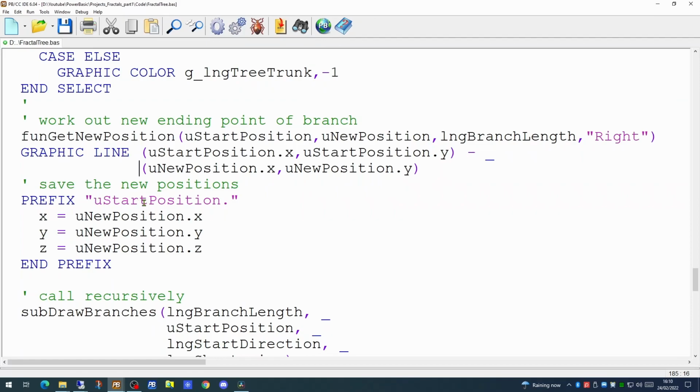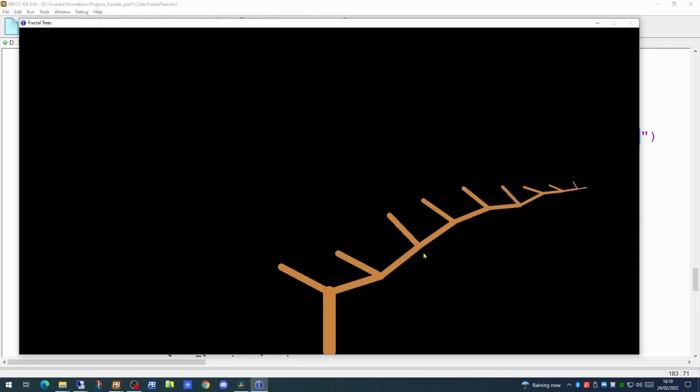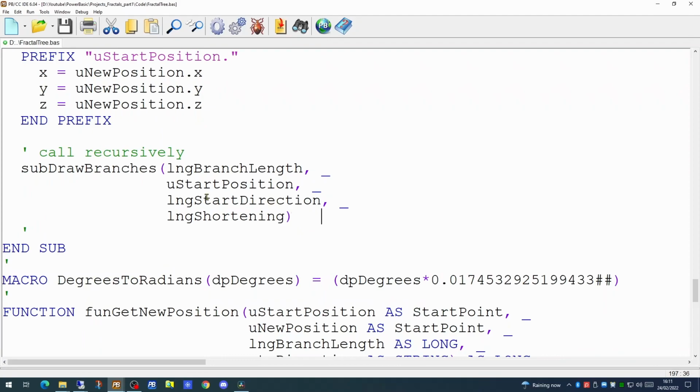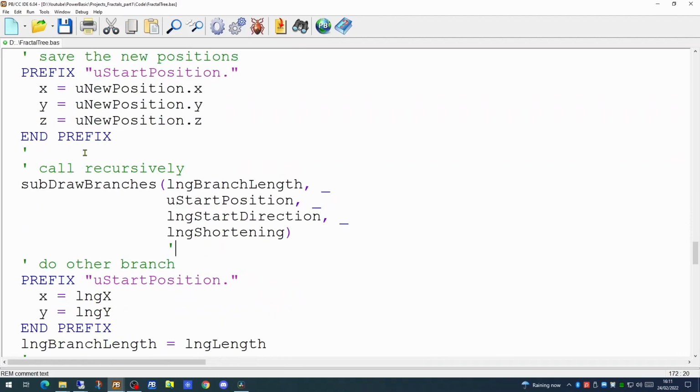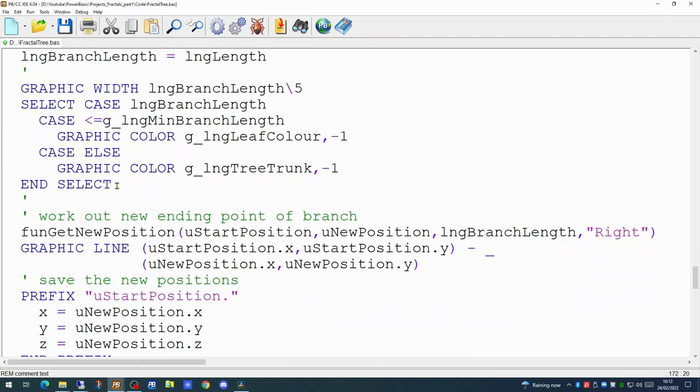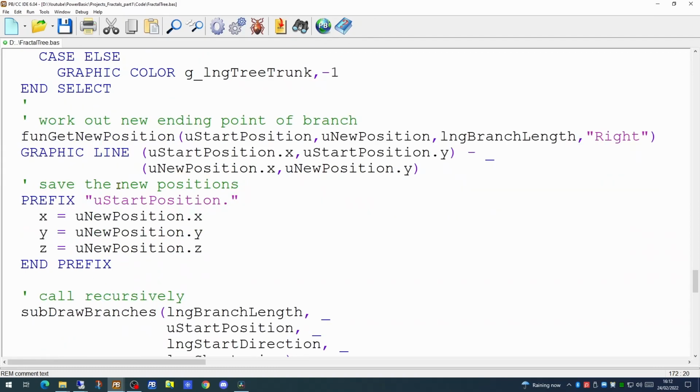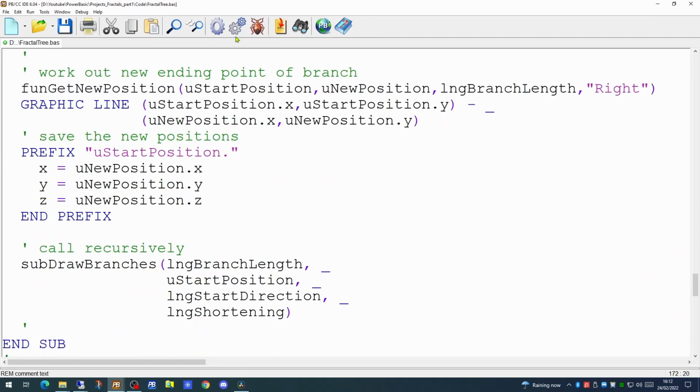So by adding this extra piece of code, calling this time using the right as the direction parameter, if we try running the code now, we'll see we're getting the right hand branch. So in order to get both branches showing, we need to call this routine recursively after the first one. So there are now two recursive calls in here. We generate the locations of the left hand, then call it recursively, and then we generate the locations of the right hand and call it recursively. So if we run the code now,